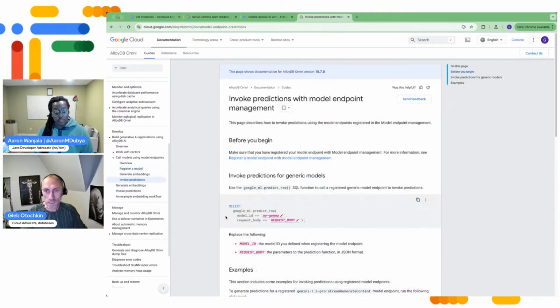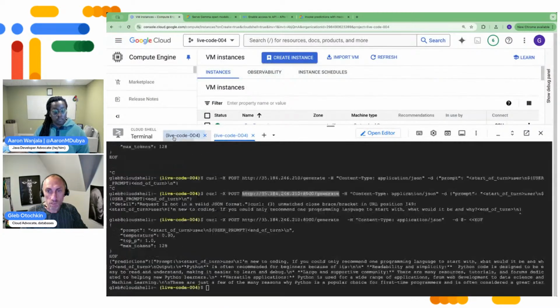So we have the function Google ML predict row. And here we can provide our request body. And for example, our request body can be used from here as well. The exact same request body, like prompt and